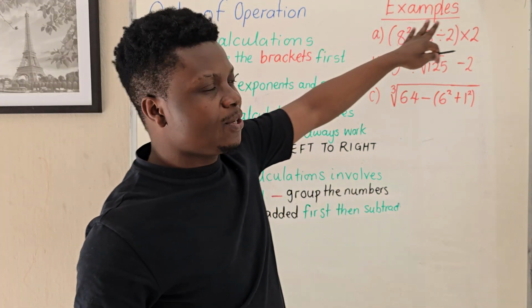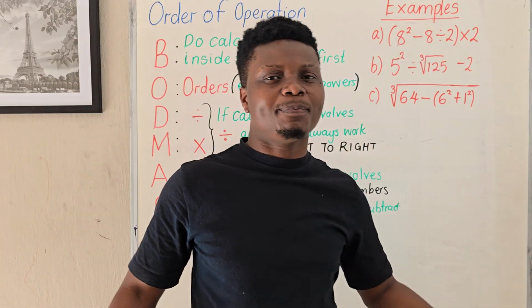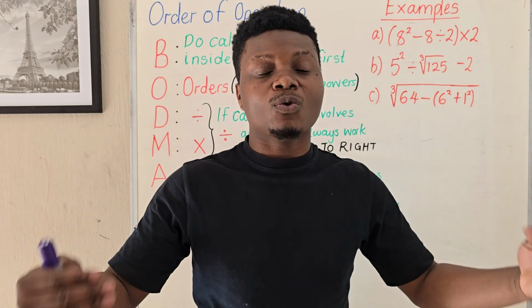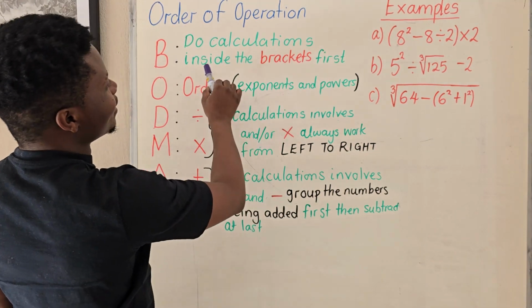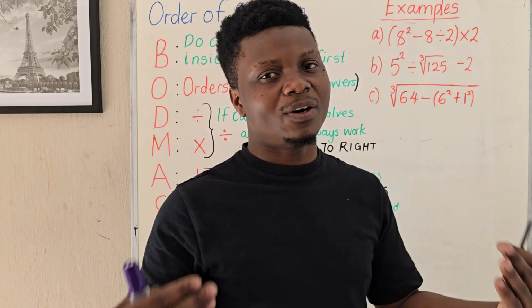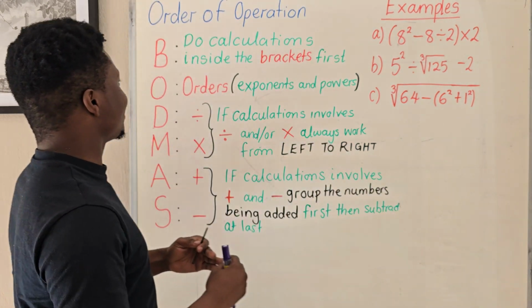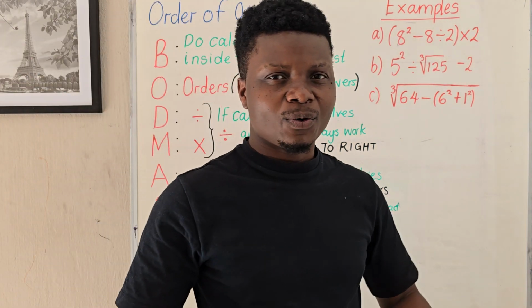It means whenever you have an expression that involves addition, multiplication, square roots, what you have to do first is do calculations inside the brackets. So first thing, scan: do I have brackets? Yes, do calculations inside the brackets. And after that, we have to deal with orders. And what are orders? We are talking of